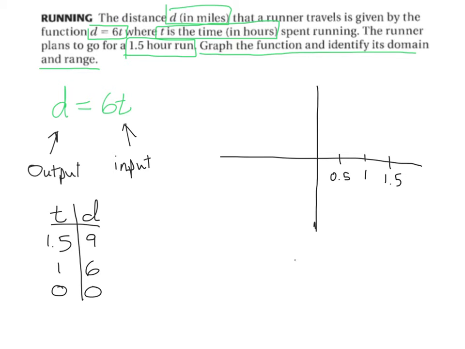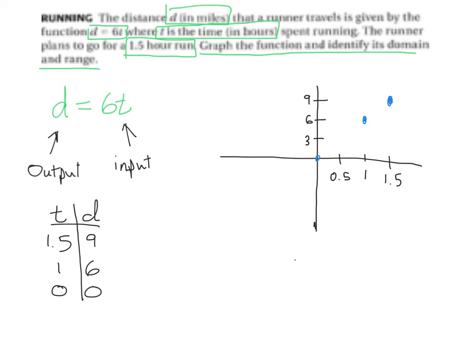Vertically, I could mark 1 through 9. I'm going to start with 3s and go 3, 6, and 9. Now I can graph my points. I have 1.5, 9: 1.5 right, and we go 9 up. There's 1.5, 9; 1, 6;